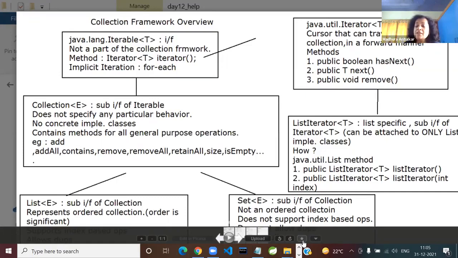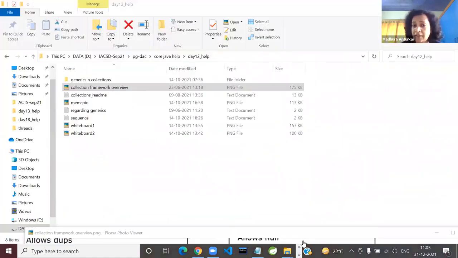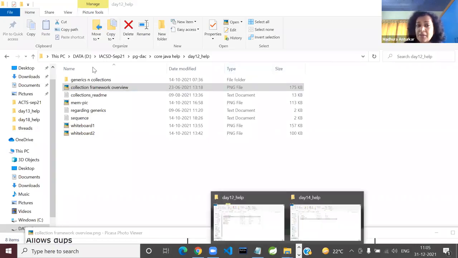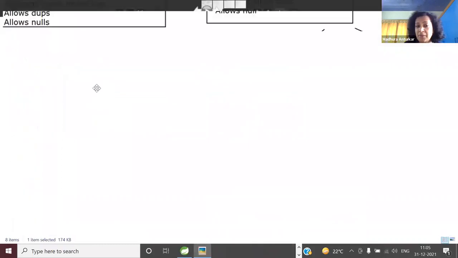Was it possible for us to insert or delete an element in the existing array easily? Answer is no again. Was it possible to sort the arrays easily, or search for an element in the array without writing the loop and all? Answer is no. So all these answers turn to yes the moment you enter the collection framework.